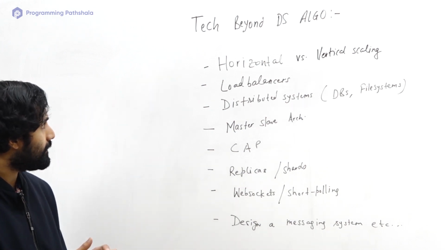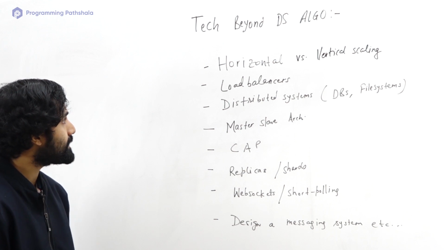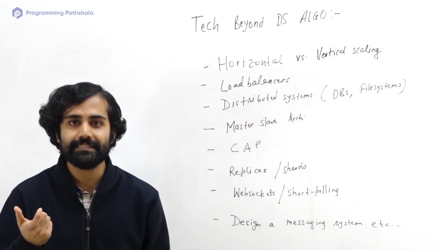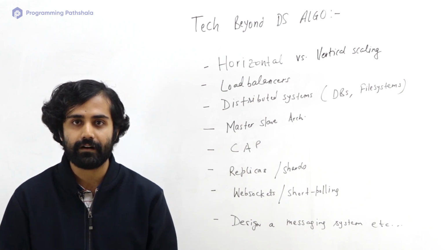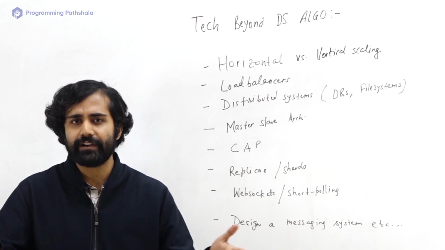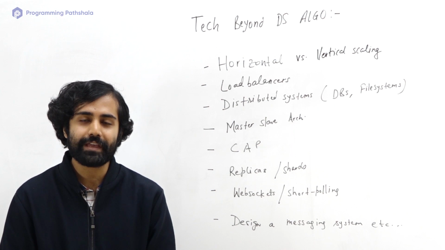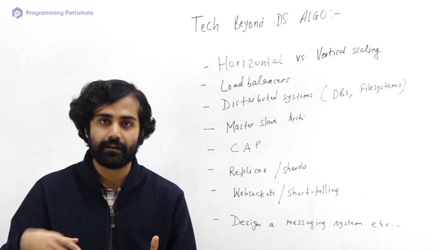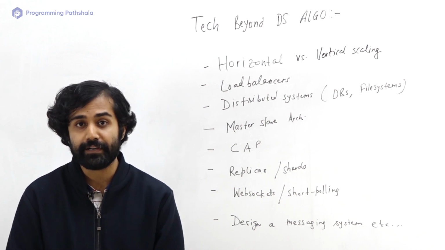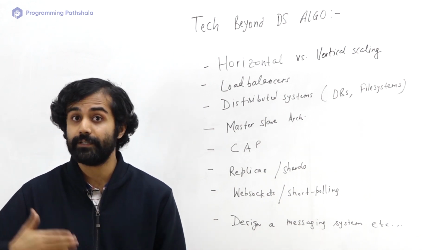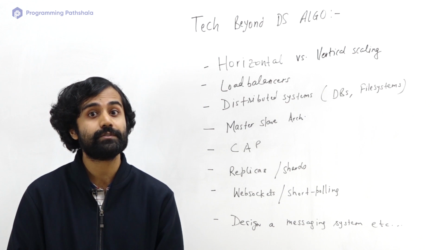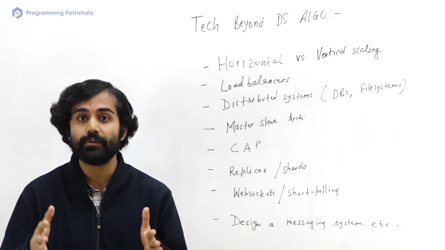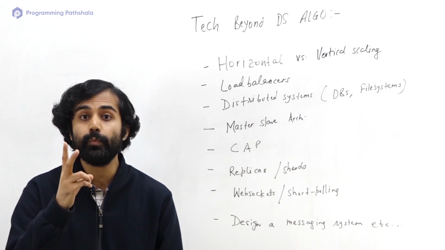The first part, as you can see, talks about horizontal versus vertical scaling. This word scaling means that let's say today you have a web application and you just have 100 users. So you have kept just one application server, and it can cater to those 100 requests. But let's say your company grows and tomorrow you have millions of users. So what do you need to do? You need to increase the capacity of your servers. There are two ways to do that.